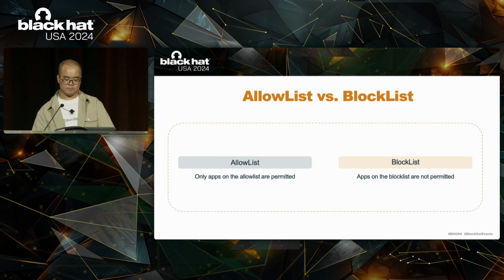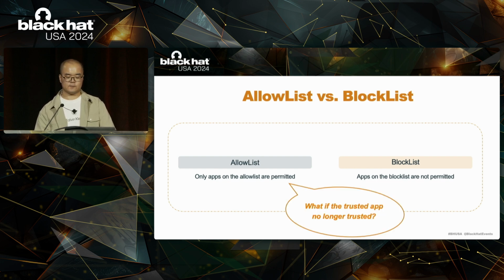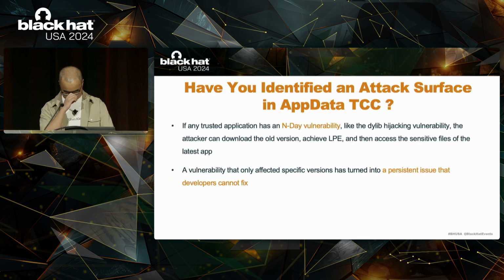From a system design perspective, the purpose of an allow list is different from that of a block list. If you only have an allow list without a block list, what happens if a trusted app is no longer trusted? What happens? If any trusted application has an end-day vulnerability, the attacker can download the old version, achieve LPE,